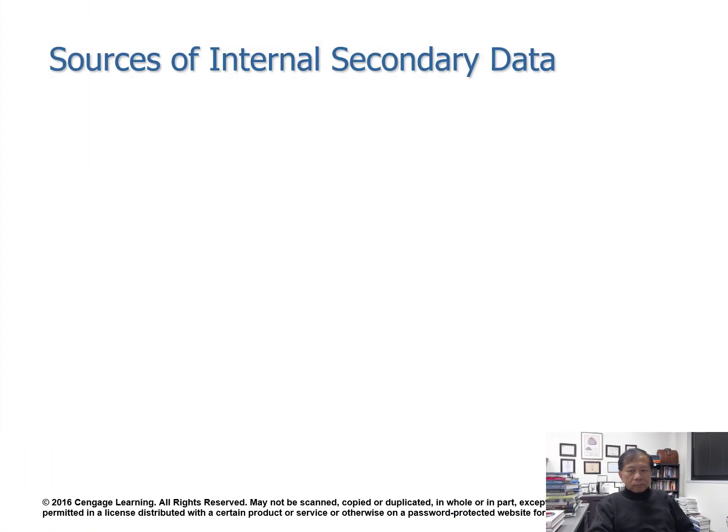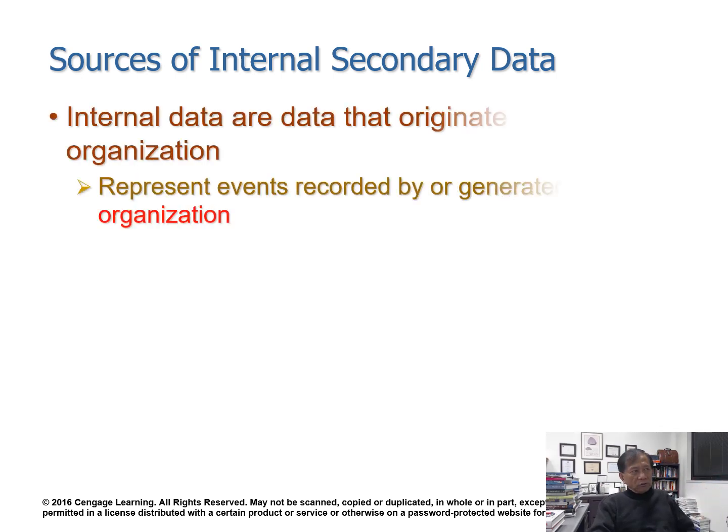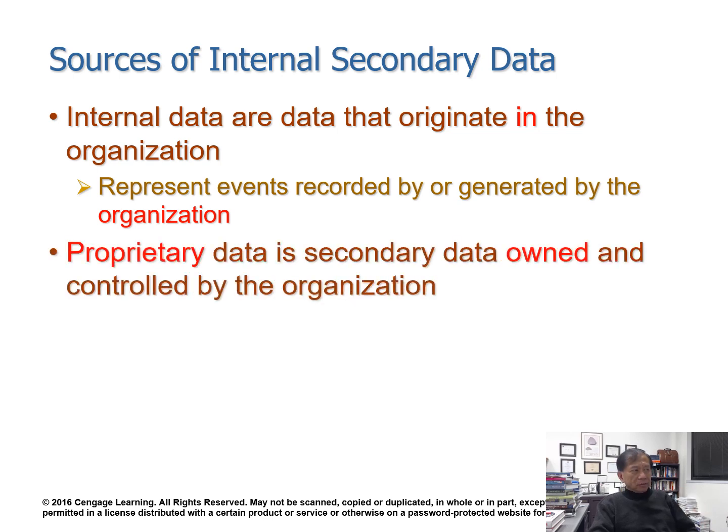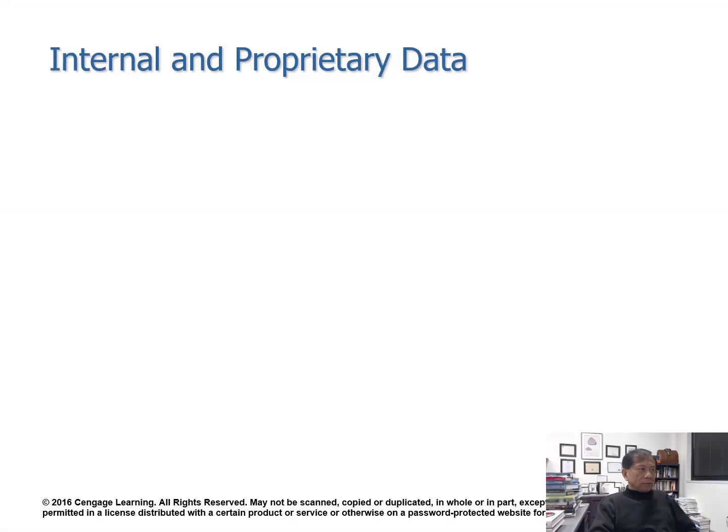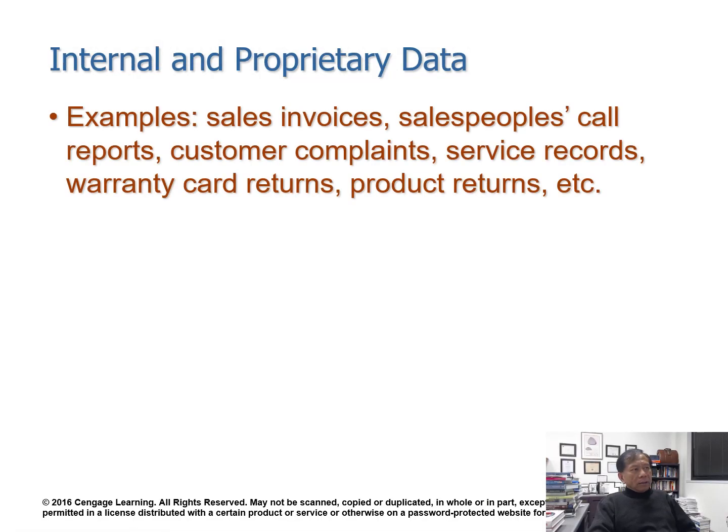Now, where do we get secondary data? What about internal secondary data? There is secondary data that comes from inside your company. Internal data originates within the organization. It represents events recorded or generated by the organization. Proprietary data is secondary data owned and controlled by your company. That's proprietary data. Internal and proprietary data